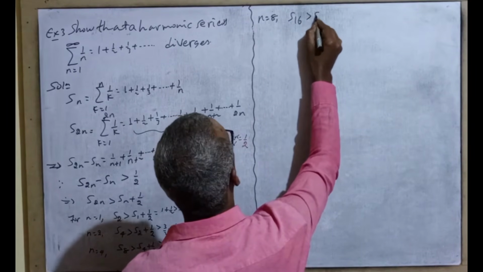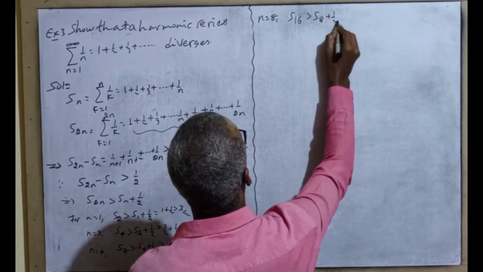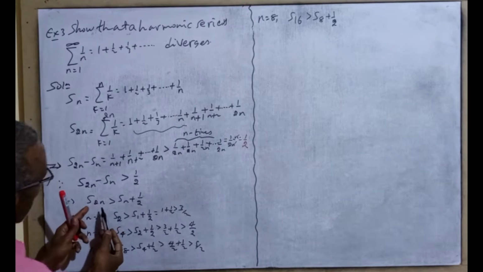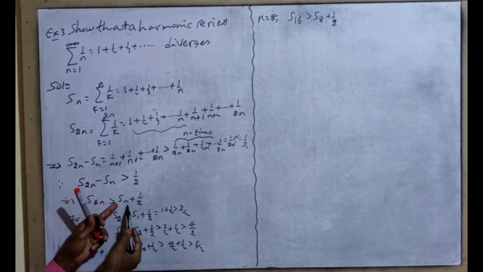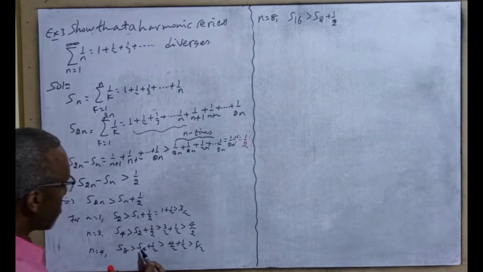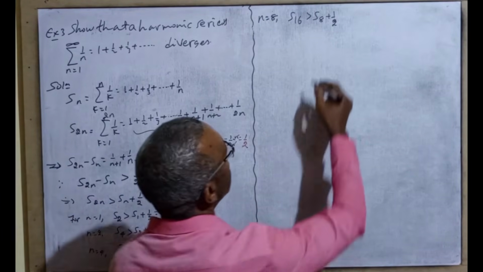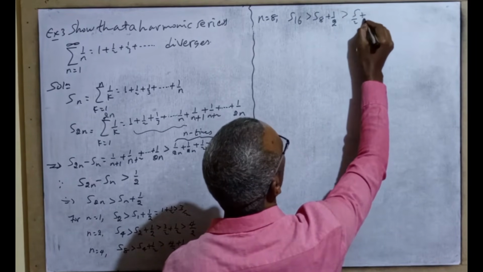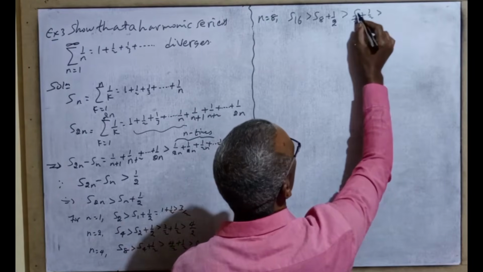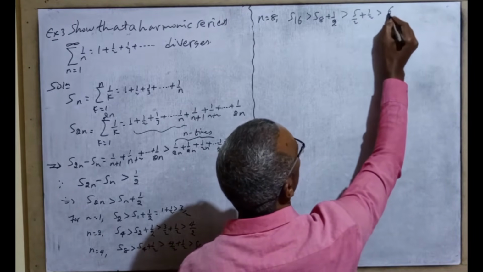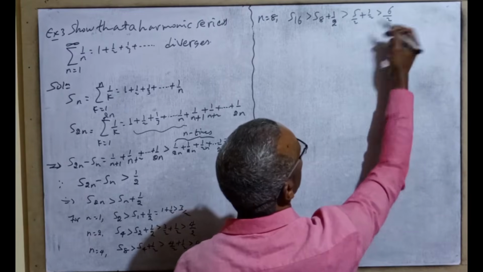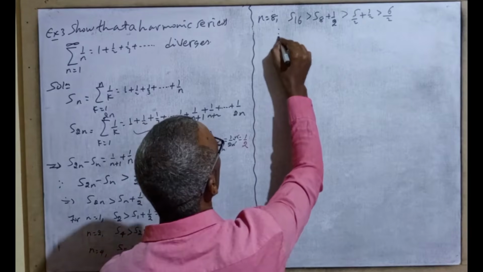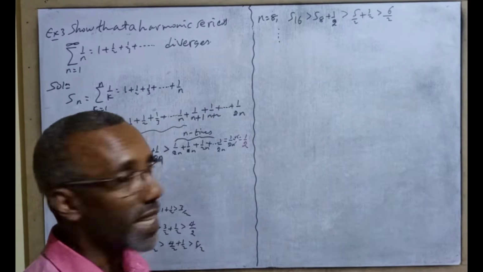With n equal to 8, s16 is greater than s8 plus 1 over 2. Substituting 8 for n, 2 times 8 is 16, so s16 is greater than s8 plus 1 over 2. We found s8 is greater than 5 over 2, so this is greater than 5 over 2 plus 1 over 2, which is 5 plus 1 over the same denominator, 6 over 2, in other words 3. If we continue like this, by mathematical induction